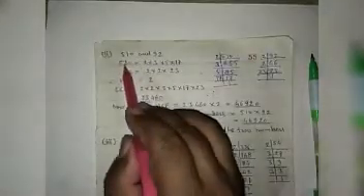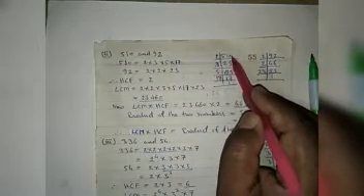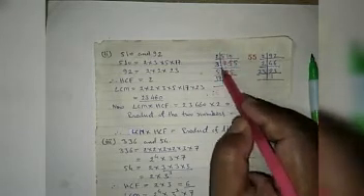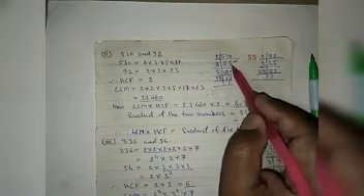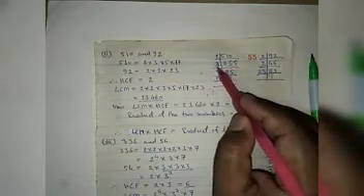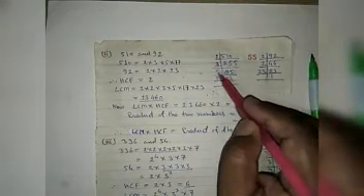In the second part, the numbers are 510 and 92, which we have to factorize first. 510 is an even number, so it is divided by 2. It gives 255. The sum of digits is 5 plus 5 is 10, plus 2 is 12. So it is divided by 3. It gives 85. And the last digit is 5, so it is divided by 5. It gives 17. 17 is a prime number.